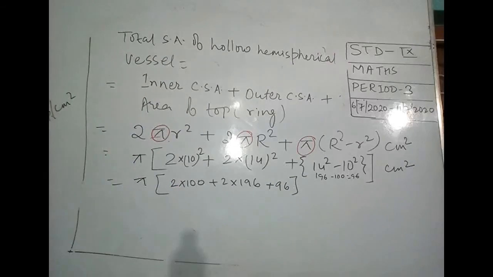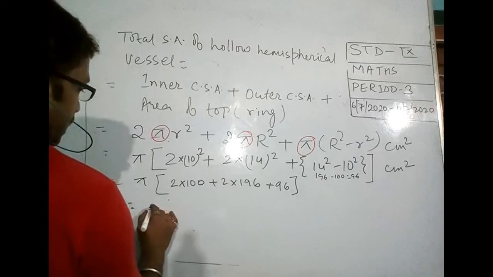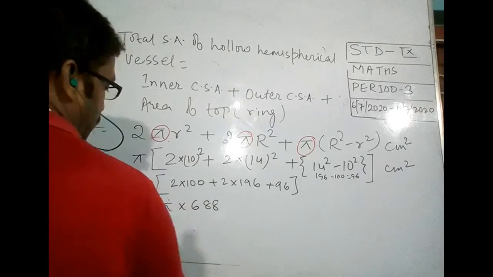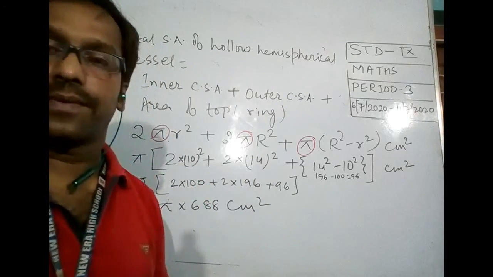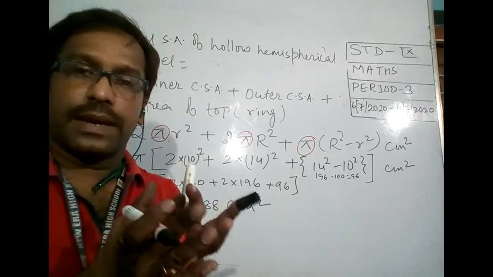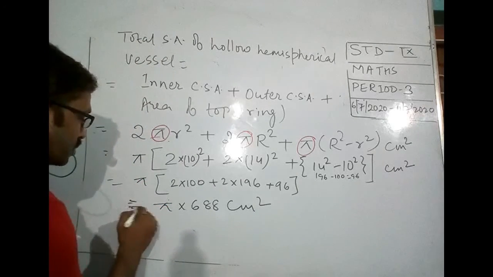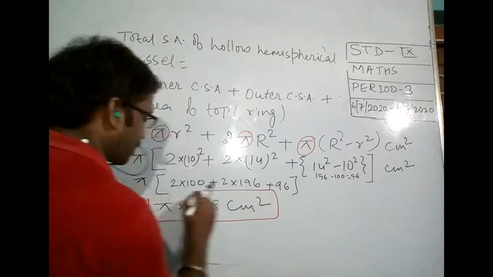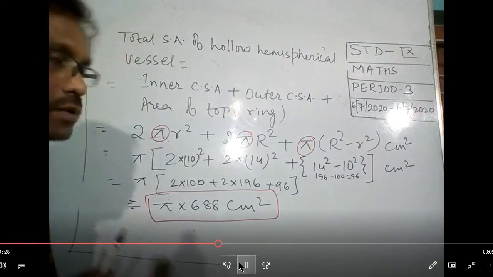So how much will all this become here? Now, this is the total surface area that we have to paint. Cost is also given. So I imagine this is my total surface area that I have to paint. Clear? Now I will use this for the calculation and I will find the total cost.